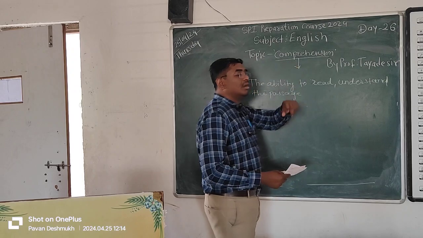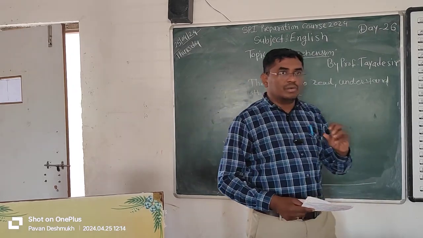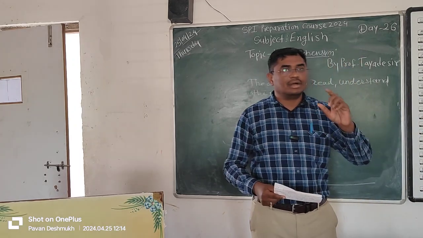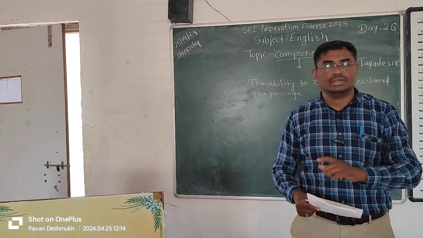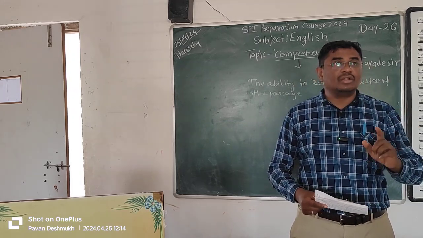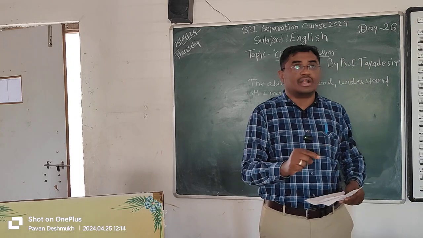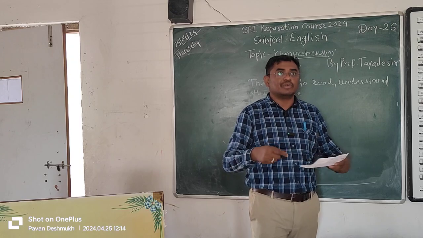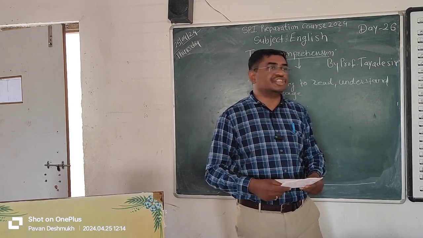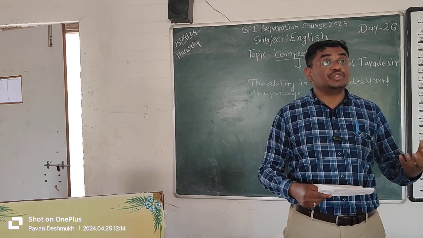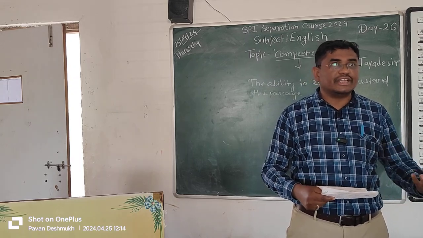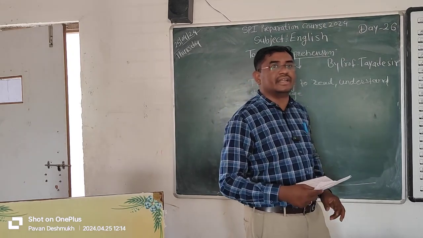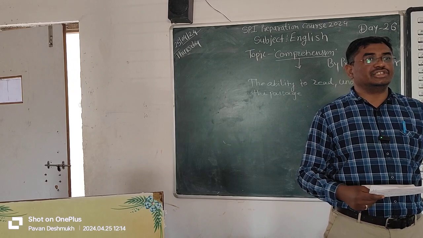Now moving toward our comprehension. You are studying, you are trying to give SPI examinations. In that, one of the chapters is comprehension. You know very well that English is not our language, it is an international language. When you want to become an officer in your life, you have to communicate with people from other countries also. So you should be able to speak in English. To check your fluency, your reading, your understanding, English is introduced to you.